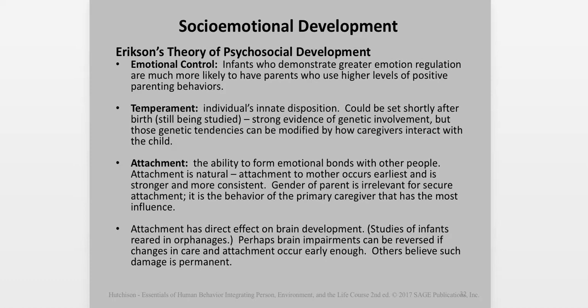And I have read some articles years ago that suggested that 13 was this age that was so very important, that if a lot of the social skills of an individual, and I think this would include attachment, aren't developed by that age, it's too late and can never be developed. But there are certainly indications that with the change in care and attachment qualities, a parent who's involved and engaged with the infant, brain impairments that might develop with attachment could be reversed. There are others who believe the damage is permanent.